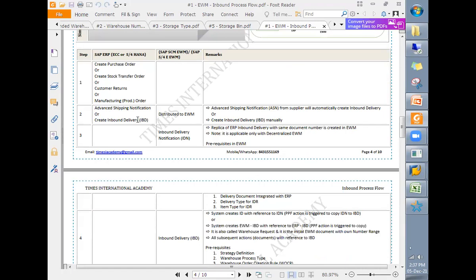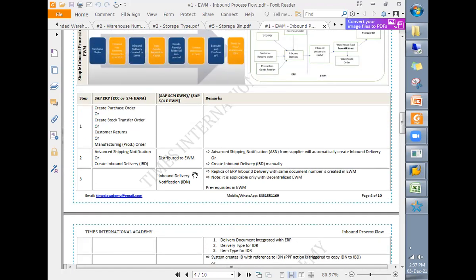For example, in case of inbound, how does the inbound process start? In order to do the inbound process, first we require a purchase order, and then an inbound delivery. This inbound delivery, which is created with reference to the purchase order, can be created manually or automatically, and once it is created, it is distributed to EWM.